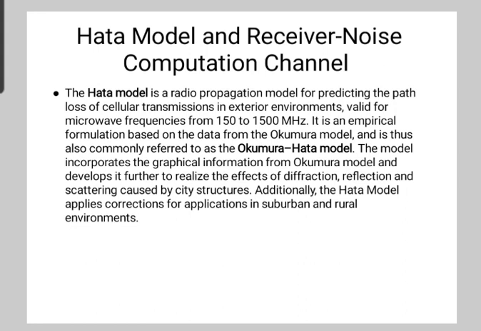Now the coverage of this model: the frequency is 150 to 1500 megahertz, mobile station antenna height is 1 to 10 meters, base station antenna height is 30 to 200 meters, link distance is 1 to 10 kilometers. So the particular version of this model is applicable to radio propagation within urban areas, and this model is suited for both point to point and broadcast transmission, and it is based on extensive empirical measurements taken. The PCS is another extension version of the Hata model.